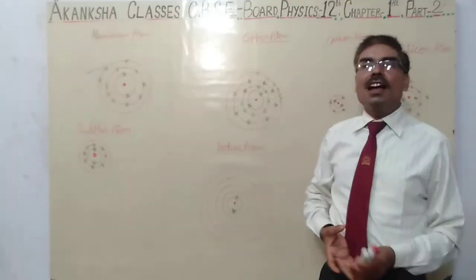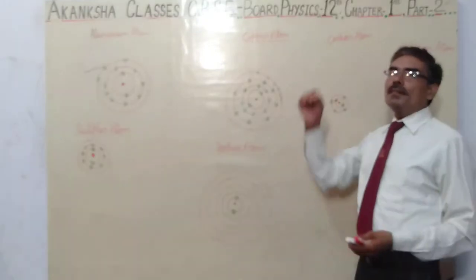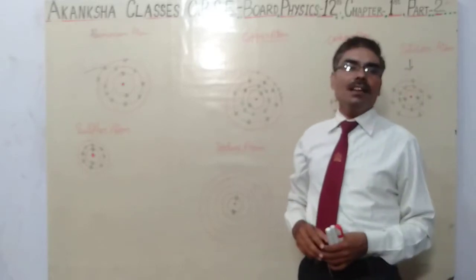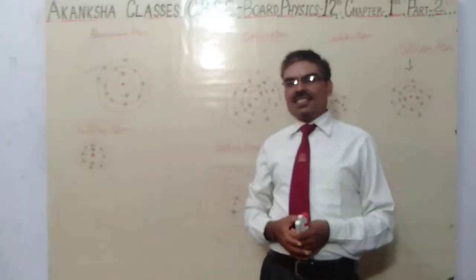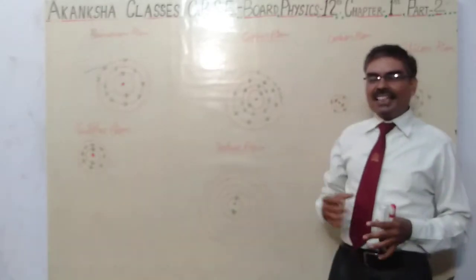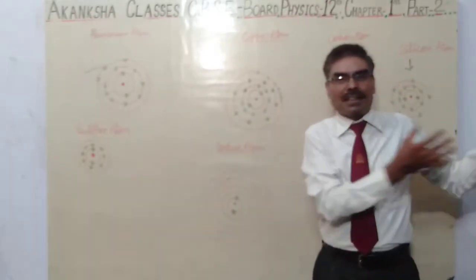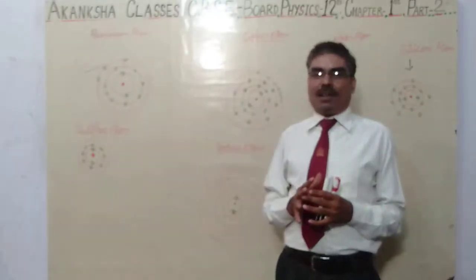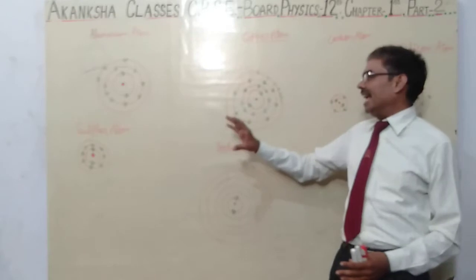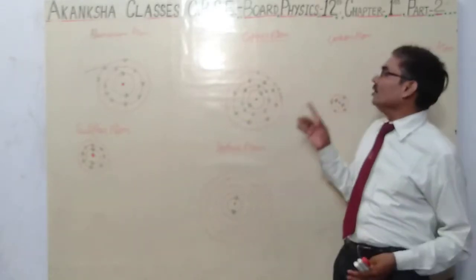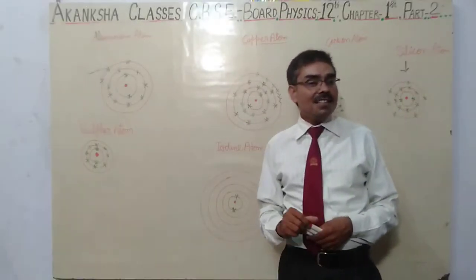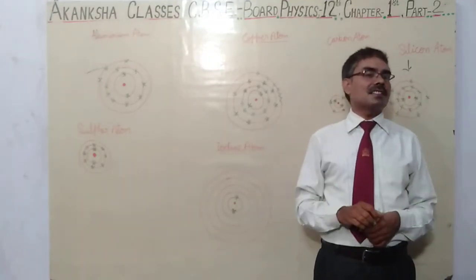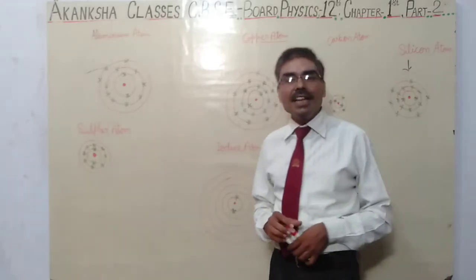or insulators. And some substances like silicon and carbon are said to be semiconductors. This means they neither allow the electricity to flow completely, nor do they block it exactly. They allow a little. These are known as semiconductors.